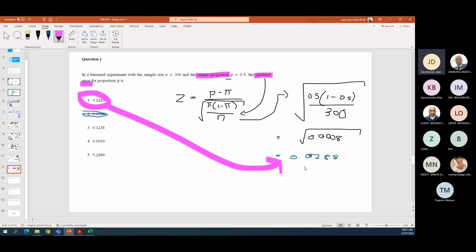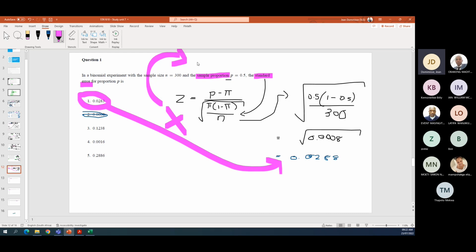Let me just check 0.2. Okay, so that should be the same. Okay, so I see what they've done. Okay, I'll just make a note of this and ask the lecturer, because what happened here is,